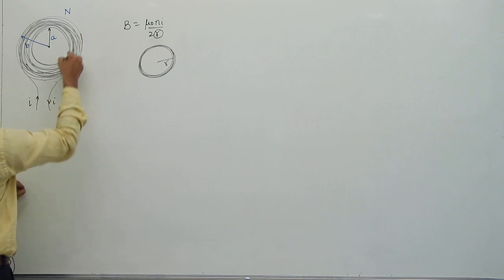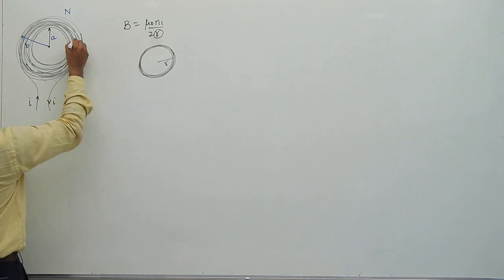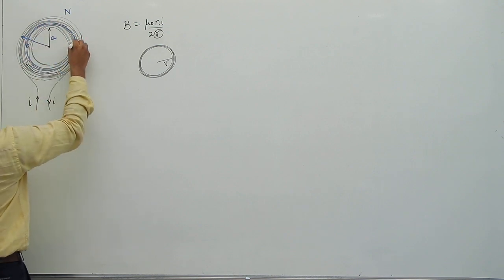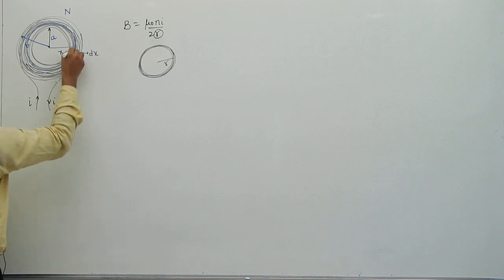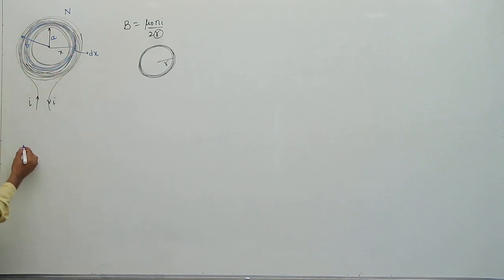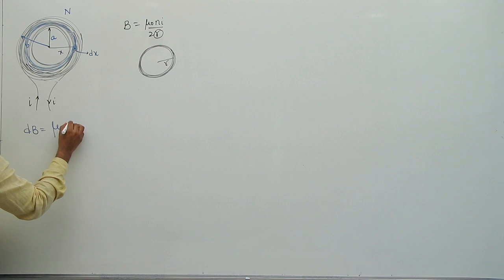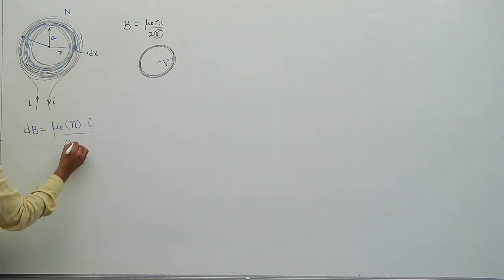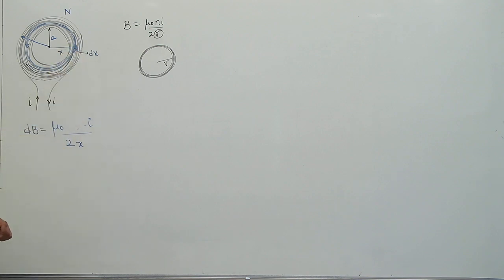So for this type of diagram, first I have to consider a small elemental coil of thickness dx here, this is x, this thickness is dx. So what is the magnetic field due to this small circular ring? I am going to write dB is equal to mu naught into the number of turns in this one, let me take it as a small n, into I by 2 into x. But here I need to write the number of turns in this one. So to find those number of turns,